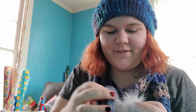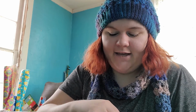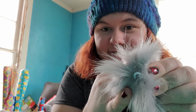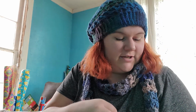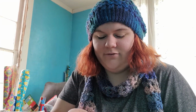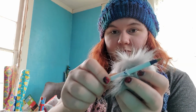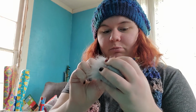Isn't that cute? And then with the end of it, these ones are a little tight, so I suggest a crochet hook to go in there, or a pencil that you're not afraid of breaking. I have a pen. You get inside that loop just because it's tight and I can't really fit my big fingers in there. So you've got the loop on the pen, you just kind of pull,